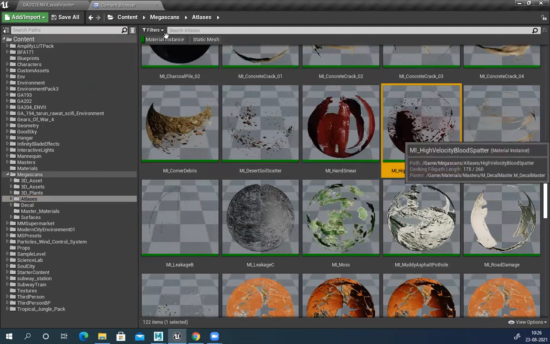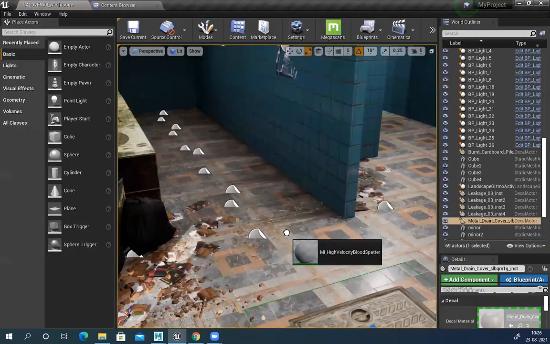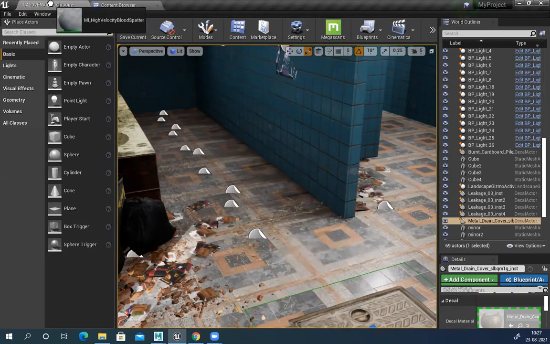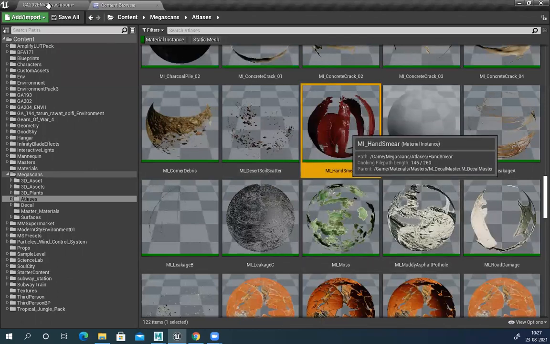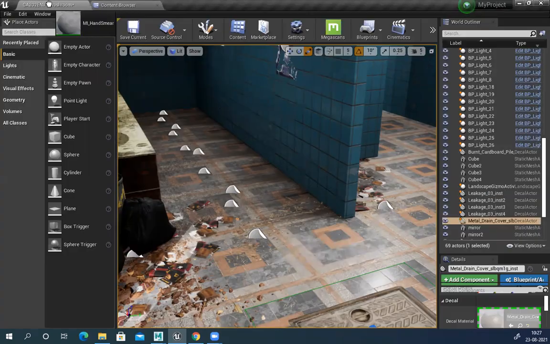Some blood. It's again a material, it's not a decal map.